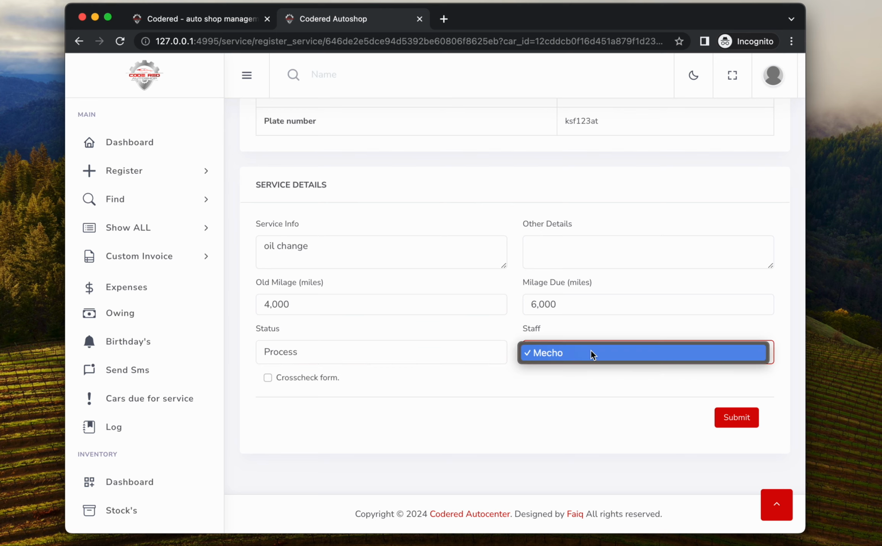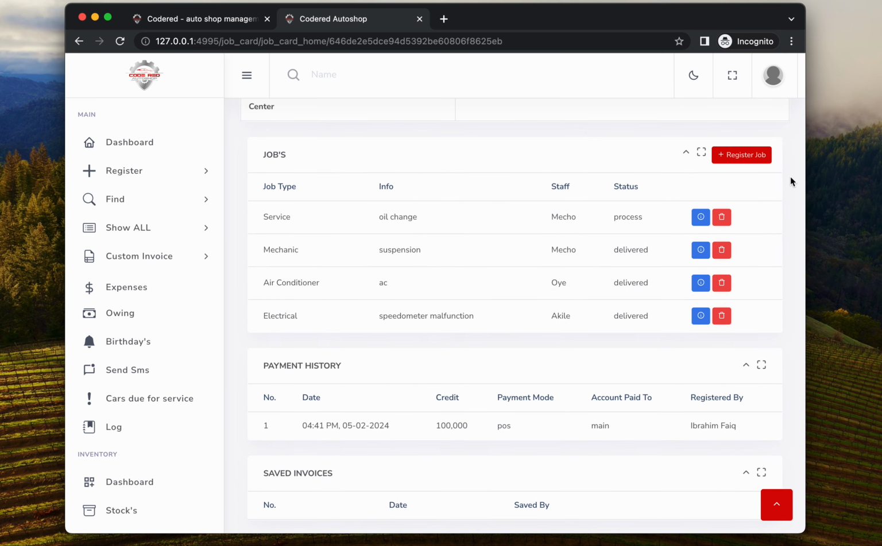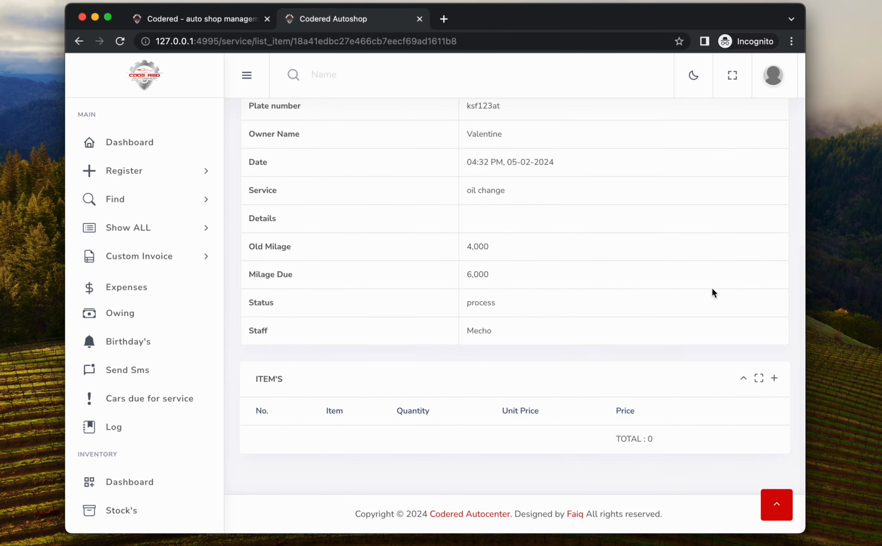This is the only staff that is able to do mechanical work, so that's why it is just Meco that's showing. So click, and now I've created a service job. You see that if I want to register a job now, there's no service again on this list. For this service job, if I go into more details, I can then add